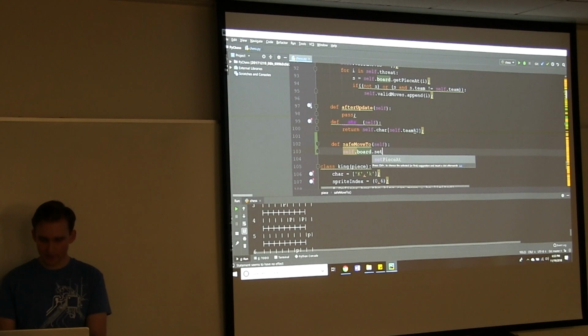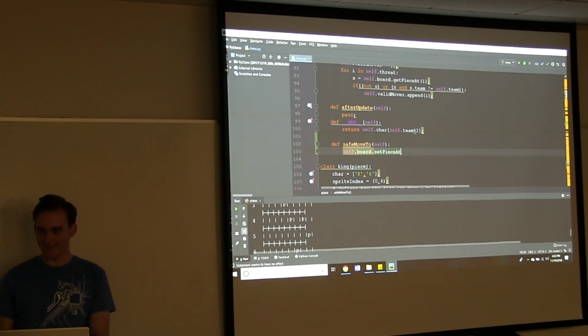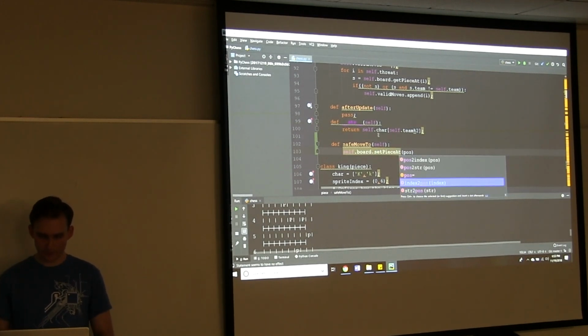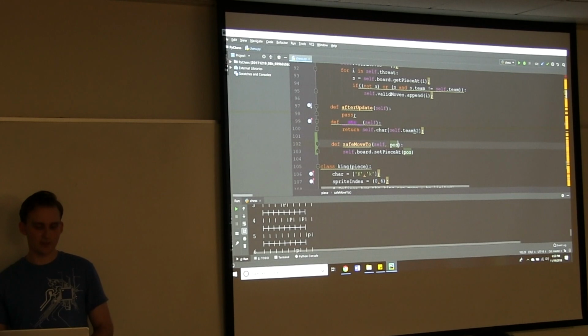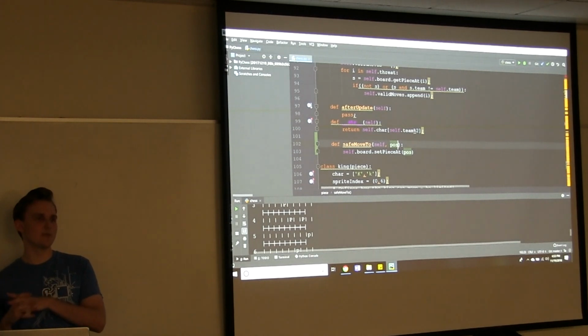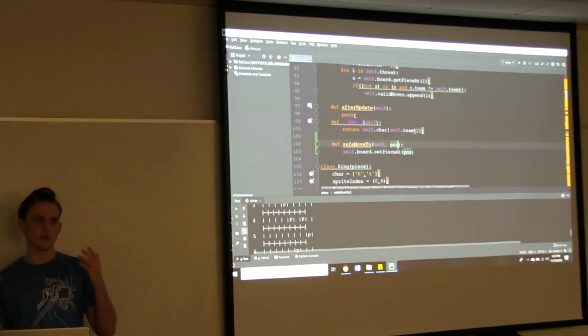The idea here is we're essentially just going to swap the position. Oh, you need to include a position parameter. By the way, just for the sake of everyone knowing moving forward, if you're familiar with the chess coordinate system, positions are a tuple of the column and the row, so it can be thought of like A4, B5, something like that.